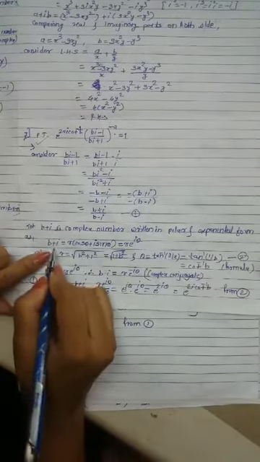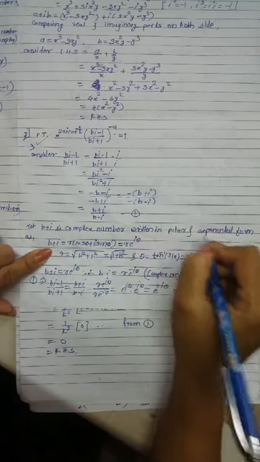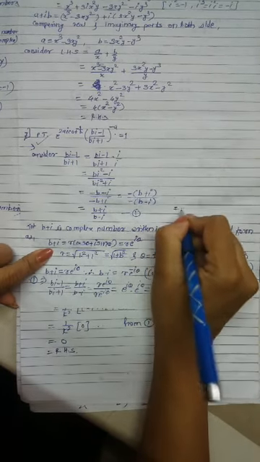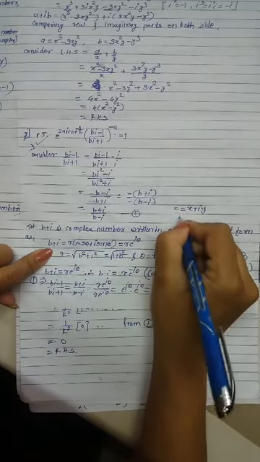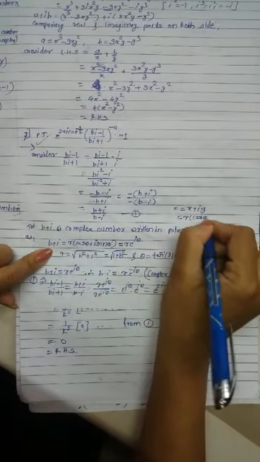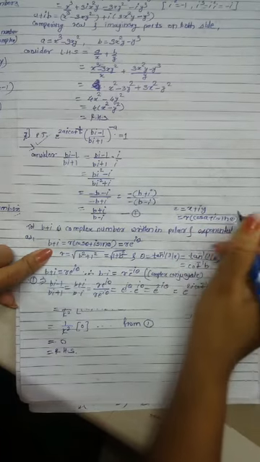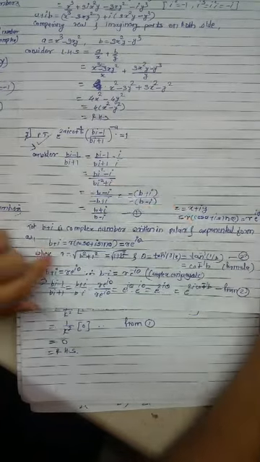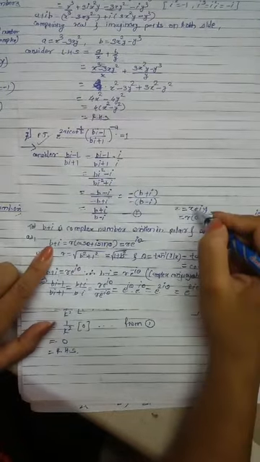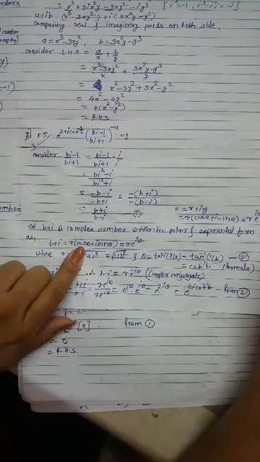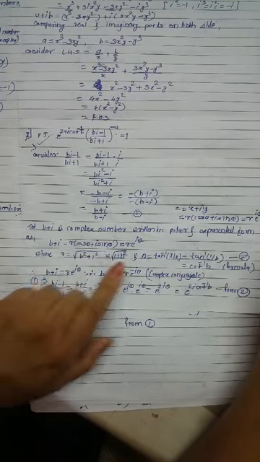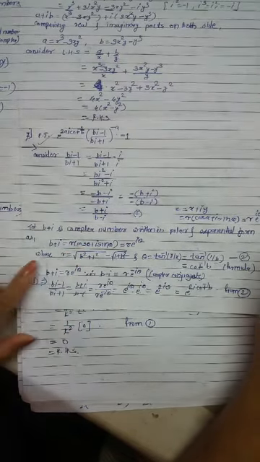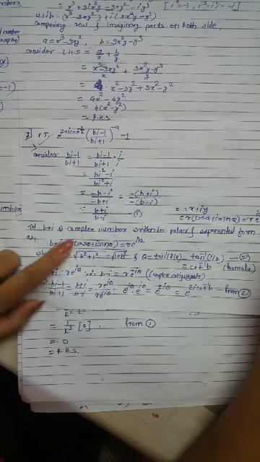How do we convert it? We know the polar form and the exponential form of a complex number. If z is equal to x plus iy, then the polar form is r cos theta plus i sin theta, and the exponential form is r e raised to i theta. These are the definitions. Now consider this complex number, b plus i: this is the Cartesian form, this is the polar form, and this is the exponential form. For simplicity we use the exponential form, where we have to calculate r and theta.